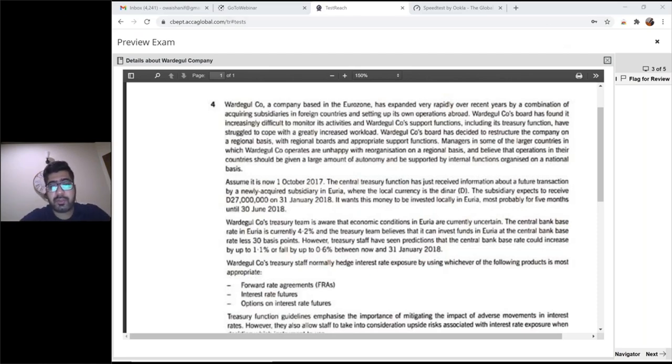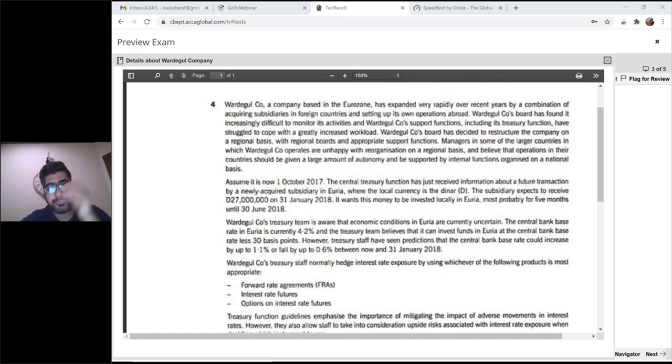Treasury function has just received information about a future transaction by a newly acquired subsidiary in Euro, local currency the dinar. Subsidiary expects to receive the dinar 27 million on 31st January 18, and it wants this money to be invested, means deposited locally for 5 months until 30 June. Verdicol's treasury team is aware that economic conditions are currently uncertain. The central bank base rate, that is LIBOR, bank rate is 4.2. Treasury team believes it can invest funds at central bank rate less 30 basis points per 3%. However, treasury staff have seen predictions that central bank base rate could increase or decrease by 0.1 or 0.6 between